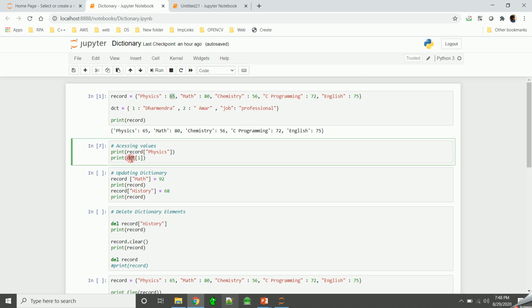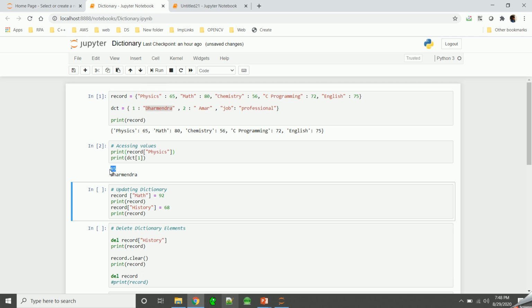Similarly, from this dictionary DCT, I am giving key as 1, so it should give me value of Dharmendra. Let's run it and see. If you see here, we are getting 65 and value as Dharmendra. If you change this value, like if I give here 2, then it should give me Amar. Let's run it. It's giving me Amar. So this is how you can access the value from the dictionary.